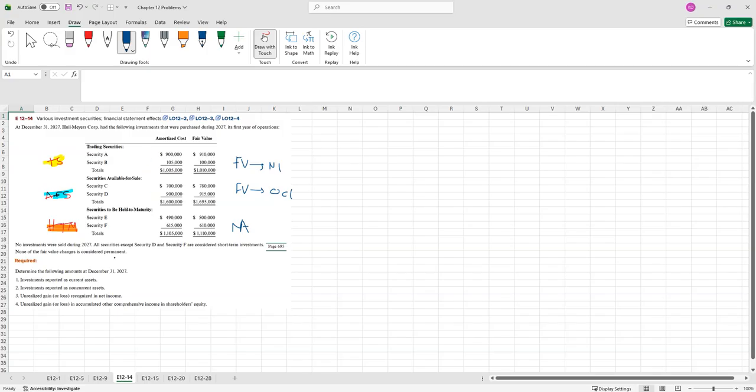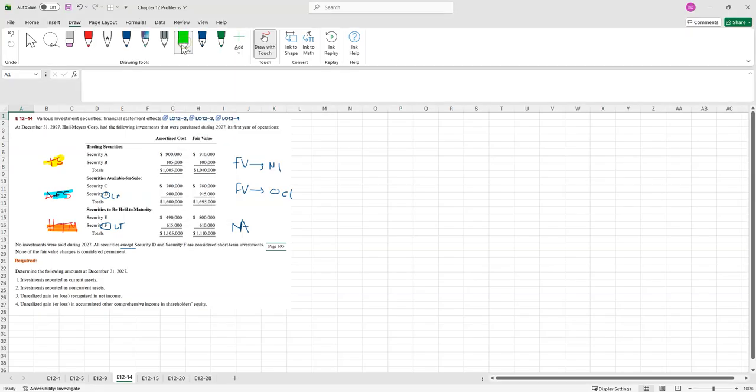So they give us all these securities, A through F. They tell us no investments were sold, so these are unrealized gains. All securities except D and F are considered short-term. So D and F must be long-term. If they're not, short-term. They want to know, can you please report the current assets and the non-current assets, right? Well, the current assets,